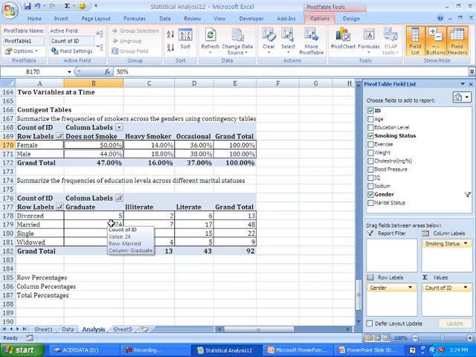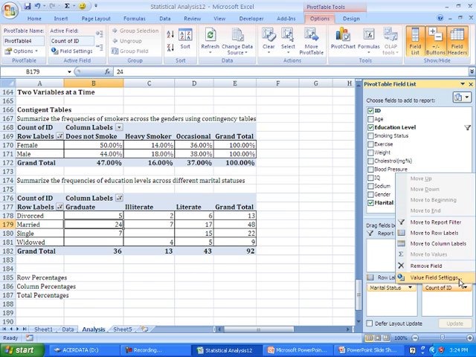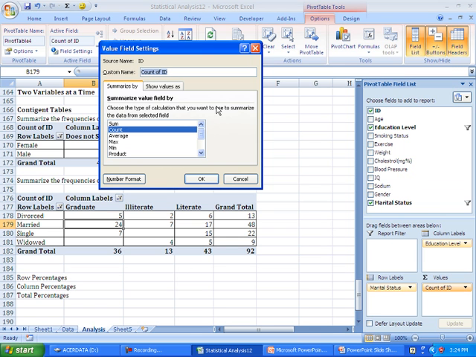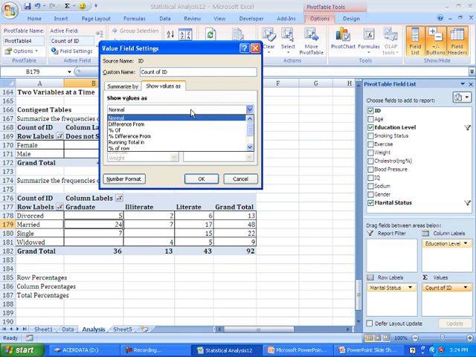If you express that in the form of percentage of rows, you will get this kind of a display. The same logic, if I want to express it as a percentage of the columns, all I can do again is, let's say I will do that on the marital status vis-a-vis the education categories. So I can do the same count of ID, value field settings, show value as,